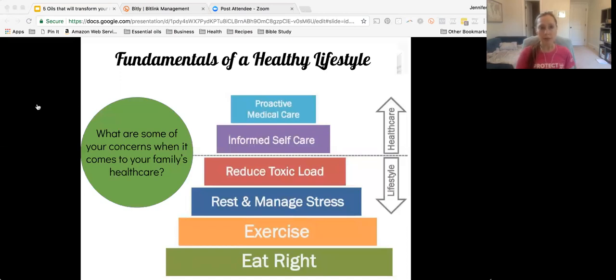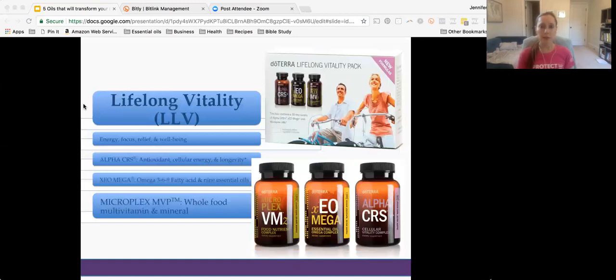Before we dive into the oils, I really want to talk about the importance of setting a healthy foundation, because as a health coach, it is so important to make sure you're giving your body the nutrition that it needs. When I work with clients, we start with nutrition, because that can make such a big impact. However, even if you're eating a super clean, nutrient-dense diet, you're still not getting all the nutrients that you need, because our soil is depleted. It just isn't what it was 50 years ago. Our food travels thousands of miles to get to the grocery store, and it sits on the shelf, and the nutrients are just not as abundant in our food as they used to be.